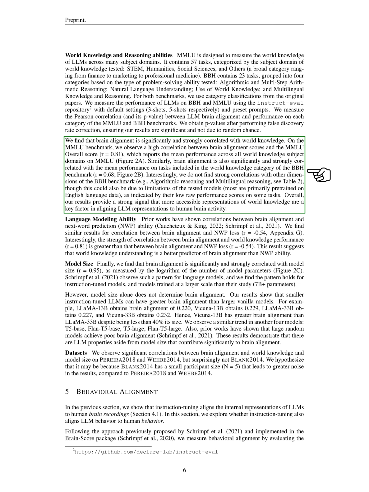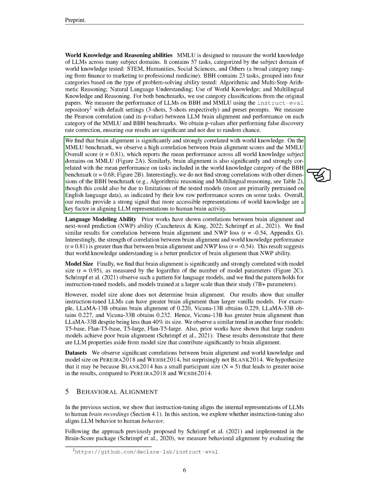We found a strong correlation between brain alignment and world knowledge. In other words, the better an LLM performed on tasks that required world knowledge, the more its internal representations aligned with human brain activity. However, we didn't find a strong correlation between brain alignment and other aspects of the BBH benchmark, such as algorithmic reasoning and multilingual reasoning. This could be due to the limitations of the models we tested, most of which were primarily trained on English